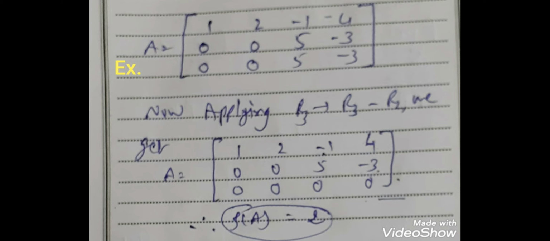So we cancel the third row, then we get the matrix in the order 2 by 2. We can convert it into a 2 by 2 matrix. So here we can say that the rank of this matrix is 2, meaning here we get only 2 rows and 4 columns, 1 2 minus 1 4 and 0 0 5 minus 3, then the rank of this matrix is 2. Here we say that the rank of this matrix is 2, but how can we say that, and how can we say that it's a normal form?